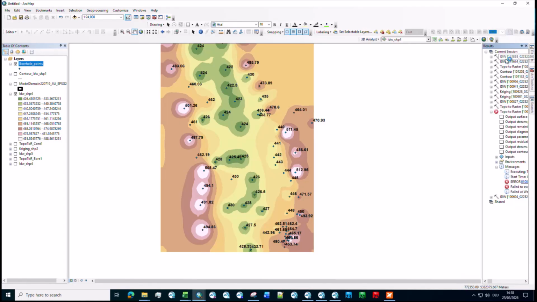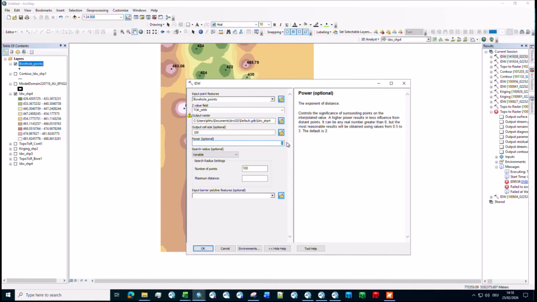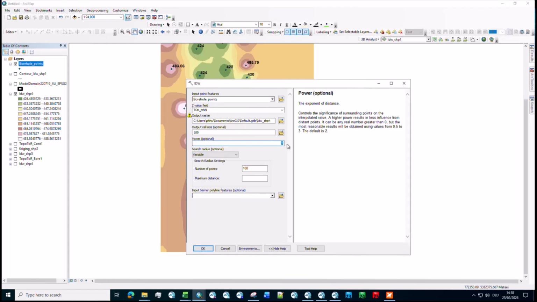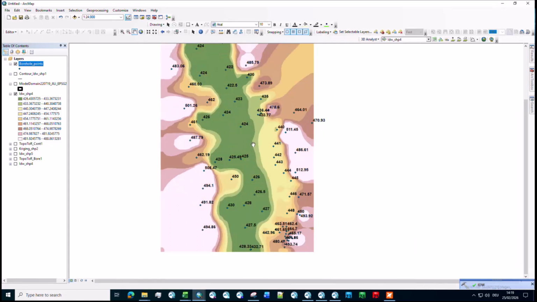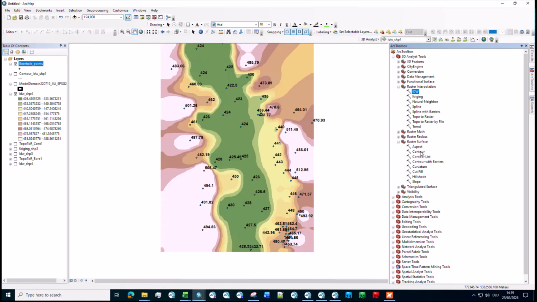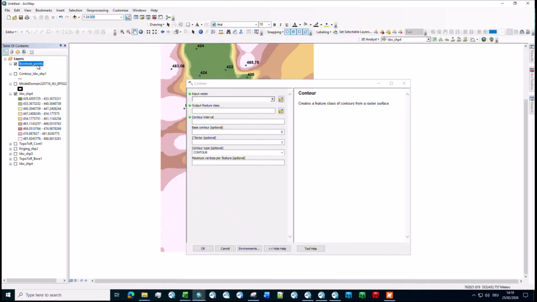Then you can play around a little bit with options that you have. In this case, I use this power function, so that it is less a single dot. And now you see you get closer to some kind of continuous basin structure. And what you can do then, derive from this grid